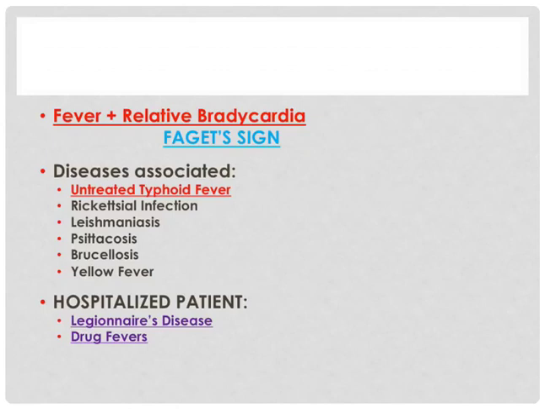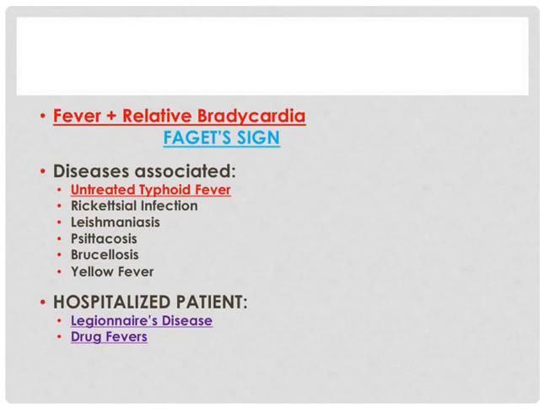The fever and relative bradycardia, we talked about it. It's called Faget's sign, and the disease associated with that particular sign is untreated typhoid fever. You can also get it with brucellosis, yellow fever, psittacosis, and leishmaniasis. So Faget's sign, remember that. In a hospitalized patient, two things to remember for Faget's sign: Legionella, Legionnaires' disease, and drug fevers. Those are the two things you should keep in mind when you see a fever,